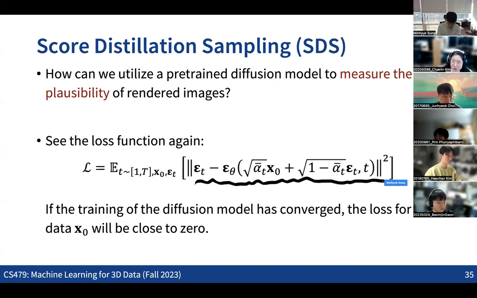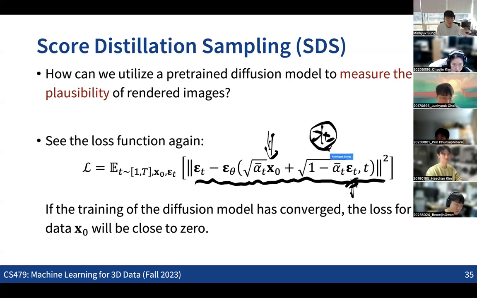So this is a very simple idea. We are directly feeding the rendered images here, treating them as realistic images, sampling the time t, and also the noise that we are going to add, making the noise-perturbed data xt, right? And based on that, we predict the noise using the noise prediction network and check whether the noise that we added is the same as the noise the network was predicting, right?